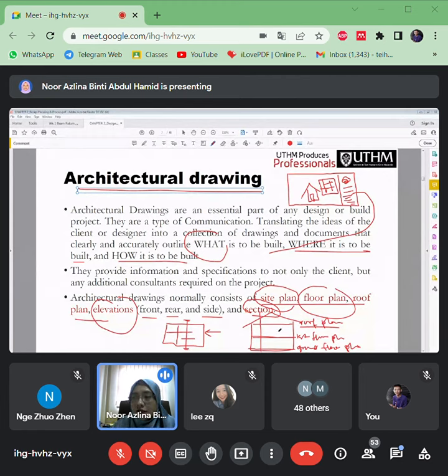Let's say you cut these sections here, so you will see what inside in the buildings. Nampaklah dia punya beam dia kan, for the first levels and everything, nampaklah dia punya brick. So this is what is mean by the cut section, which is you can see details what inside the buildings.